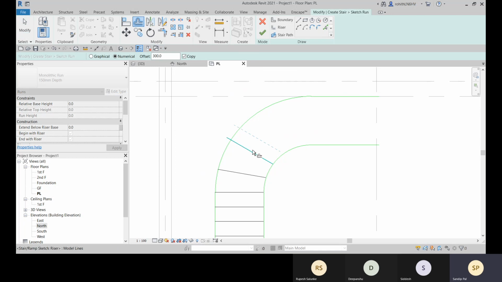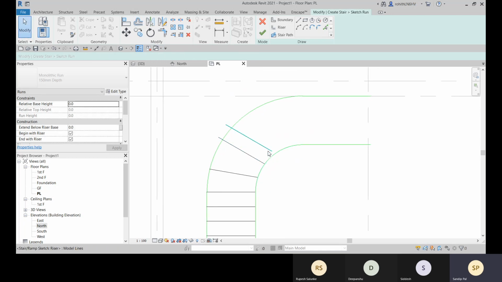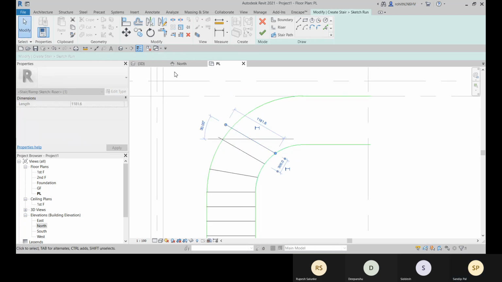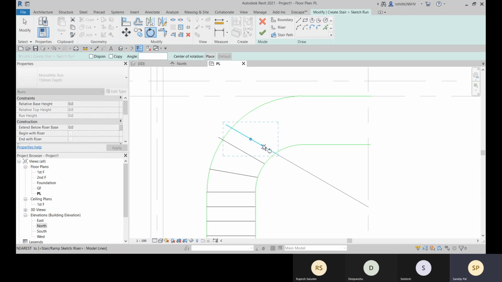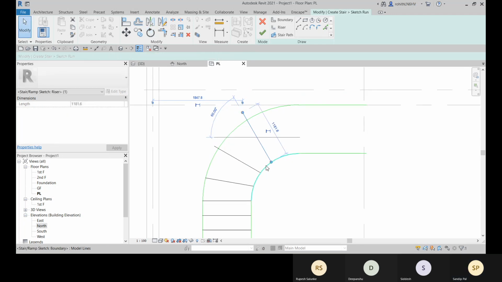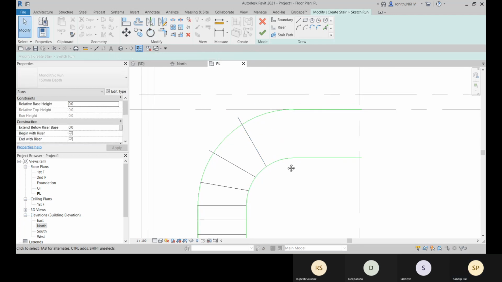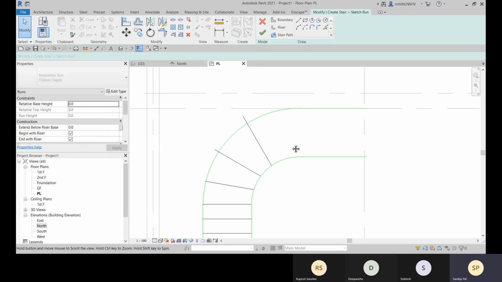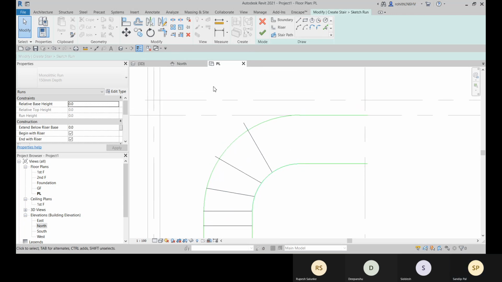So now let me go this offset here again. Now go for rotate. Place this point here. This is the initial angle, and then you can rotate 30 degree. Same increment. And then again go for offset.